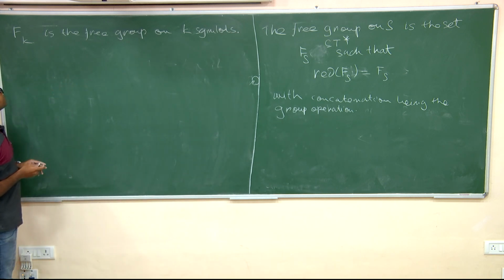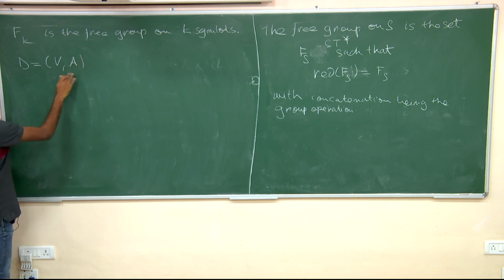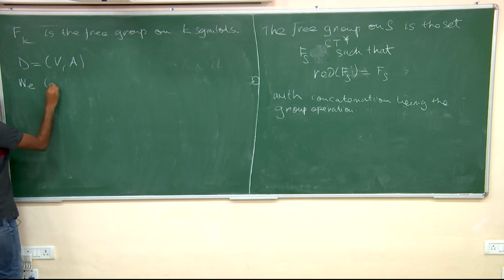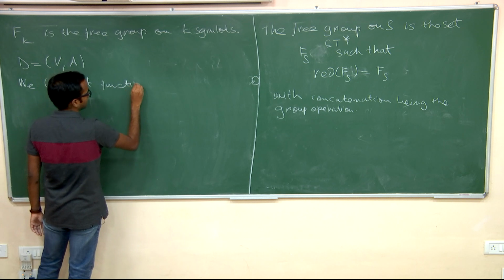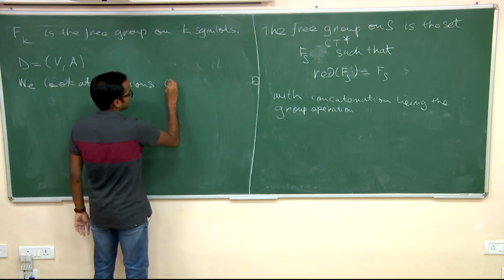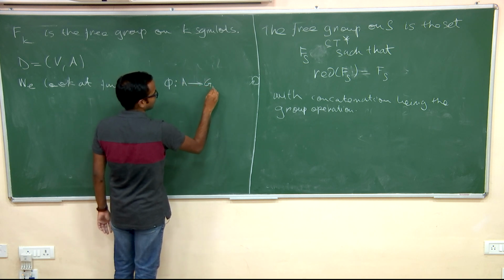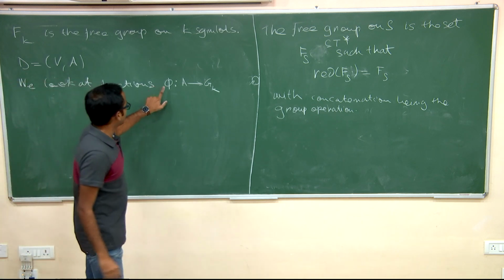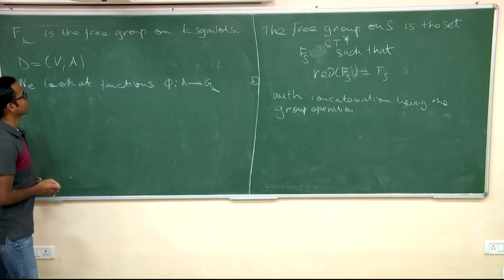Okay, and we'll be looking at functions of this kind. So we have a digraph, vertex set, arc set. Okay, functions from the arc set to the free group. All right,